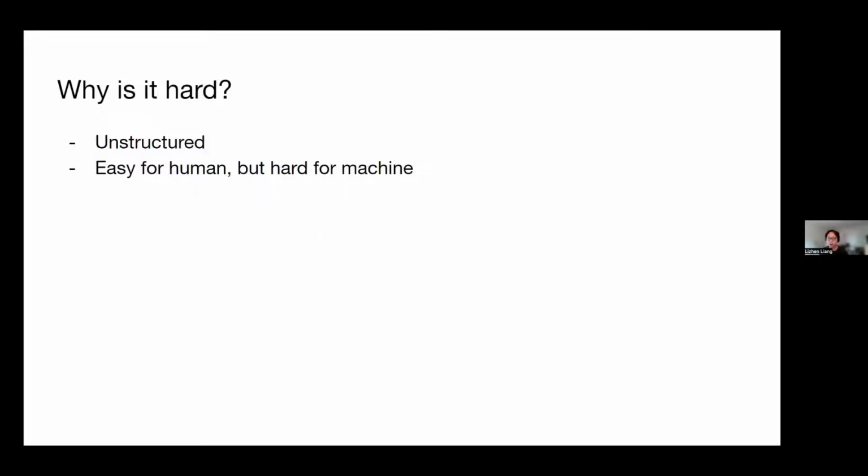NLP problems are hard. If you remember, on Tuesday we were working on a dataset called Iris. It's more structured tabular data, but natural language is unstructured. So we have to transform the text into some machine-readable form so that it could be processed by the computer. On the other hand, it's very hard to develop computer programs to achieve human-level language understanding, because as humans, there are a lot of things that we do intuitively, but it could be very hard for a computer to read or to understand.